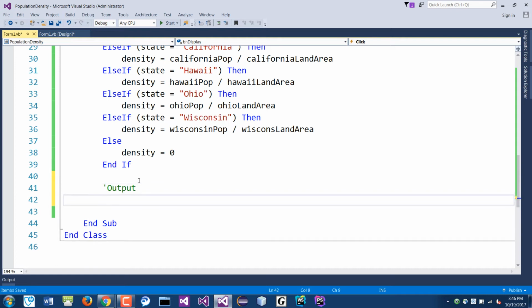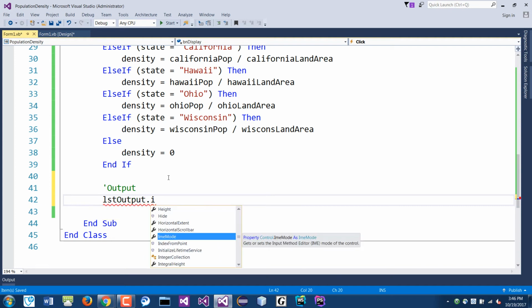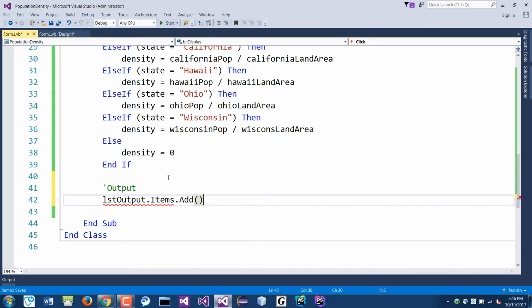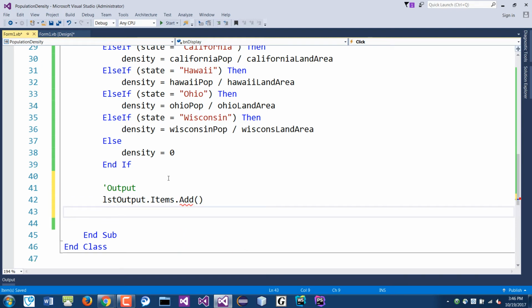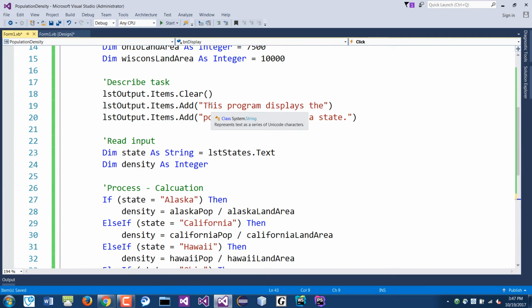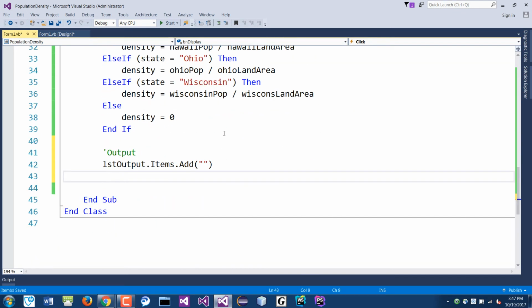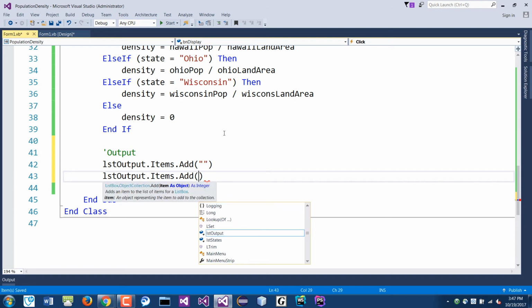So down here is the output, right? So here I would say lstOutput. I'm going to add that to the list. Items dot Add. We'll put a blank one here. So put a blank space in here just to give it a blank line. If you don't, then it's going to add it to the next line. So initially we added this message, these two lines here. The next line should be blank, and then the line after that is what's in the book. It says lstOutput.Items.Add,